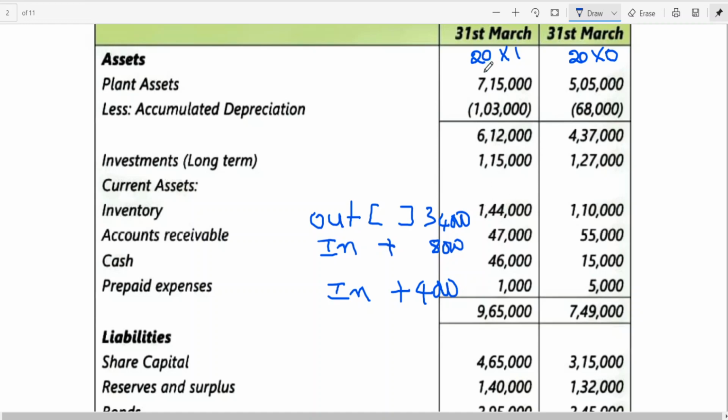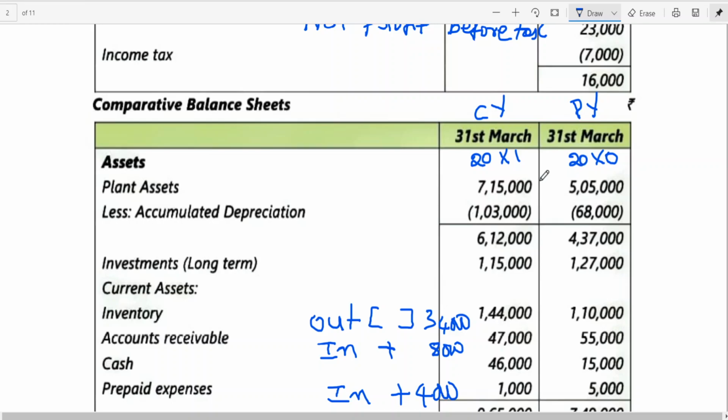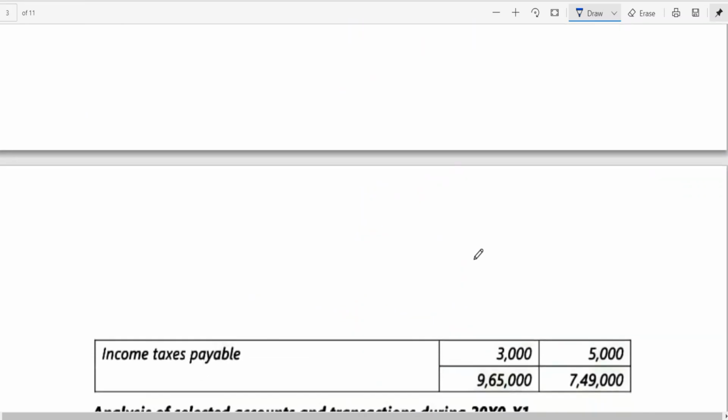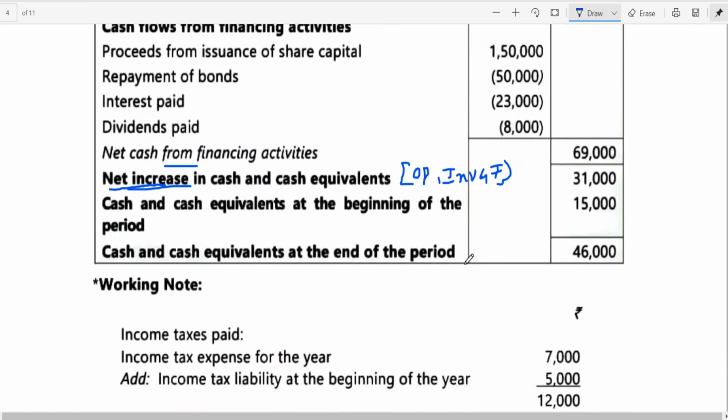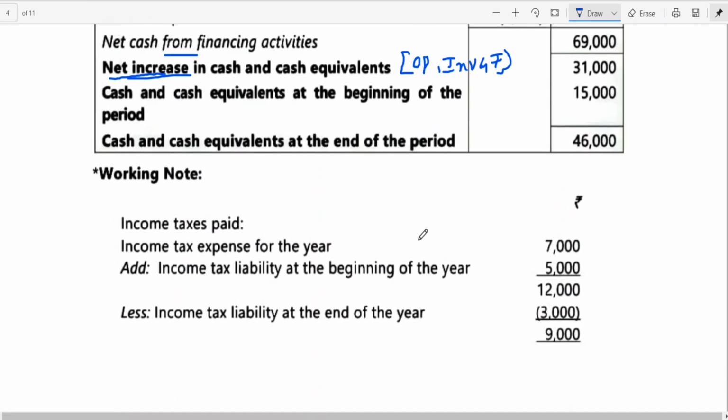So when you are doing your problem in the study material, please make the updation. This is current year information, this is previous. I think this is missing. Okay, my dear friends, the working notes also have been given in the problem, which have been explained to give you clarity. Whatever I have written there, the same working notes are also mentioned here.